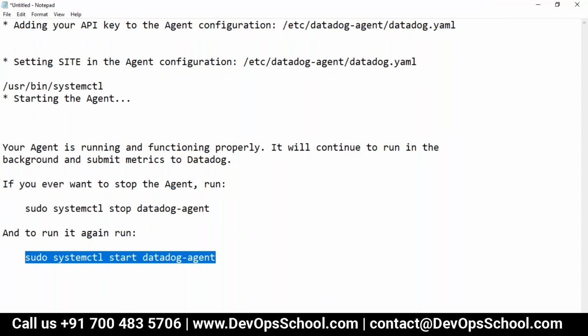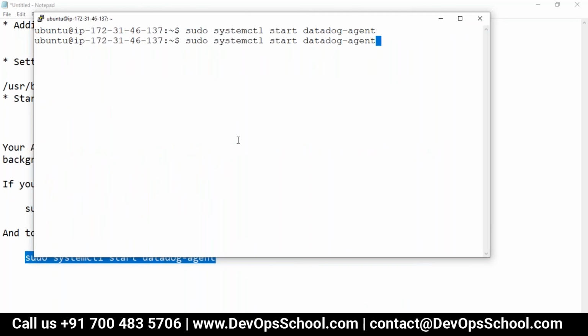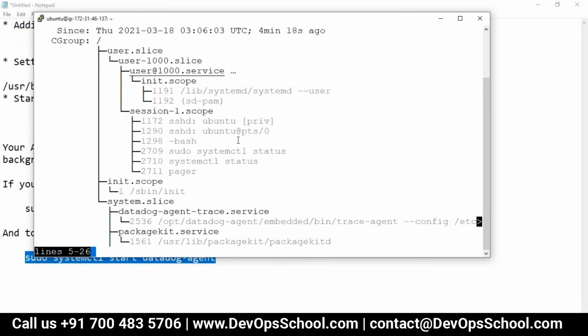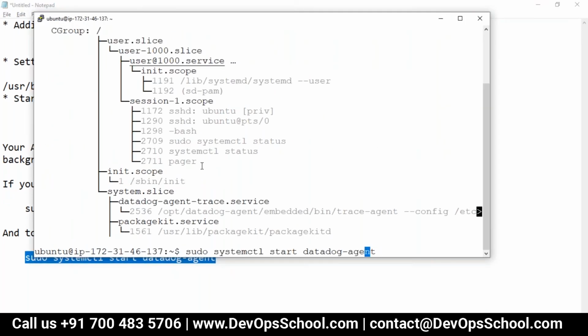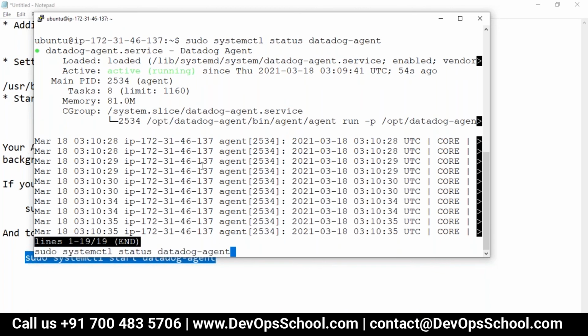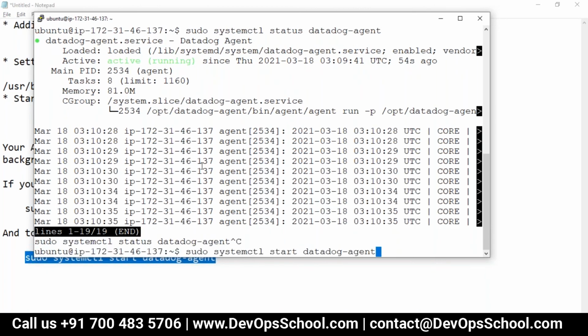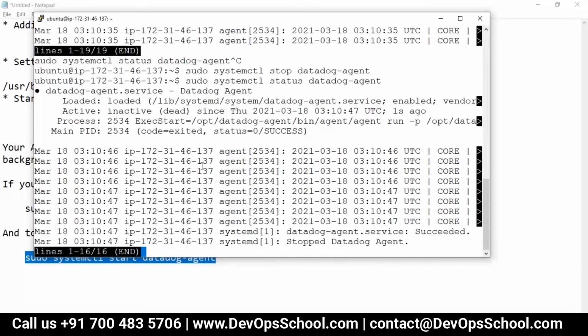So after that, see here: stop, status. This is the status command. Status, see here, running. Stop this agent. I'm stopping it. Status, see, it's not running.